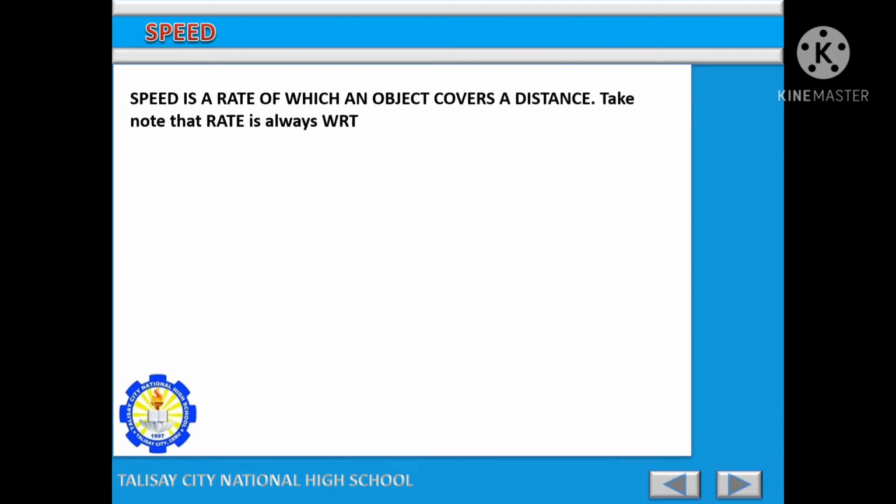Speed is a rate at which an object covers a distance. Take note that when you say rate, it is always WRT, meaning with respect to time. So, mathematically, speed is distance over time. For example,